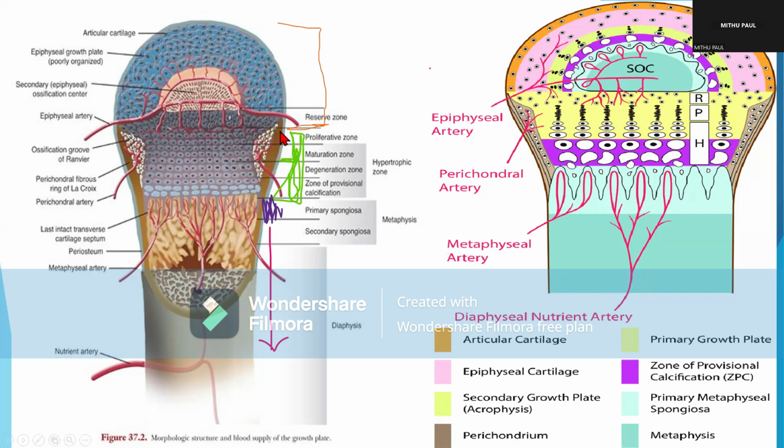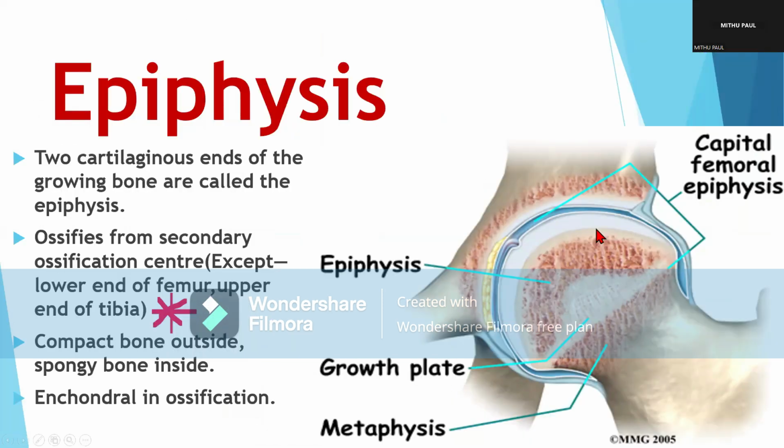It is the epiphyseal cartilage covered by the perichondrium. Secondary ossification center, from where the end parts of the bones are developing except the articular cartilage, is known as the epiphysis. So this is one end: epiphysis, epiphyseal cartilage, metaphysis, and diaphysis. Same way on the other end. Epiphysis is the part which is added on, you can say, or which is lying above the diaphysis,